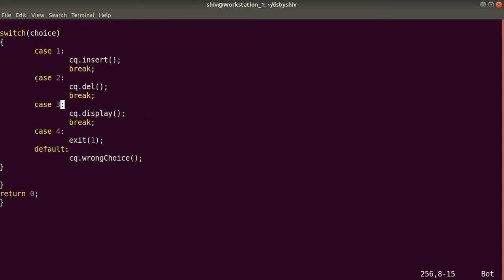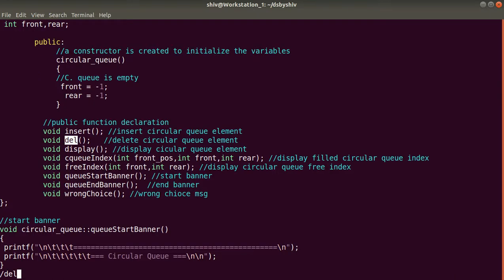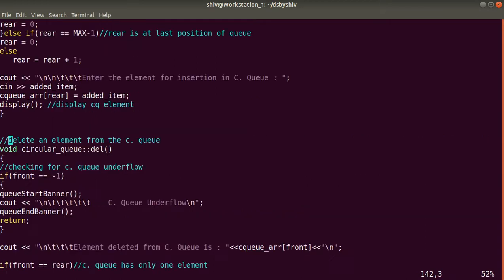Now if the user enters 2, then we will delete some element. So again control will go to the delete method. So this is our delete method.